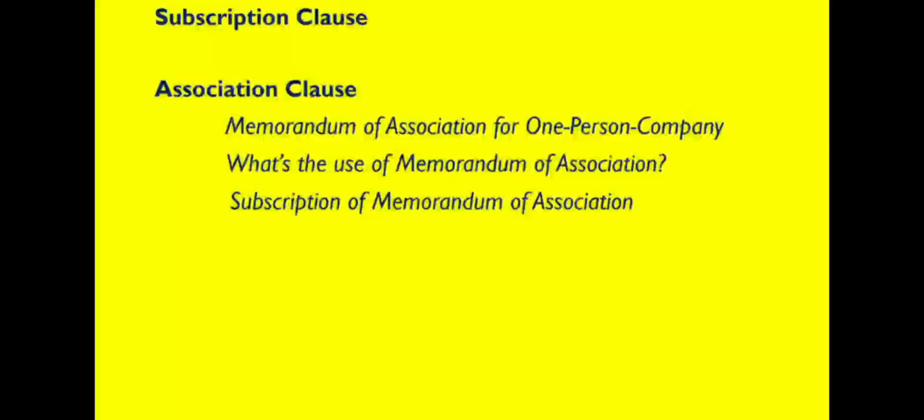So the question arises, what's the use of Memorandum of Association? Why is it needed? To explain this, I have got 5 points. First one is, it defines the scope and powers of a company beyond which the company cannot operate. Second, it regulates companies' relation with the outside world. Third, it is used in the registration process. Without it, the company cannot be incorporated.